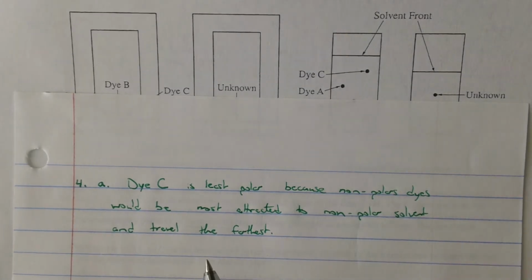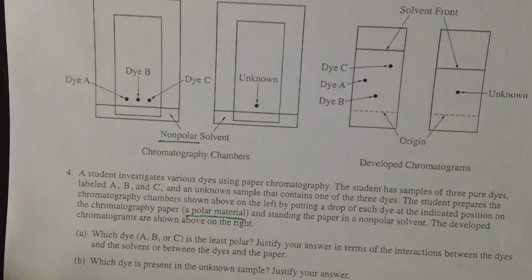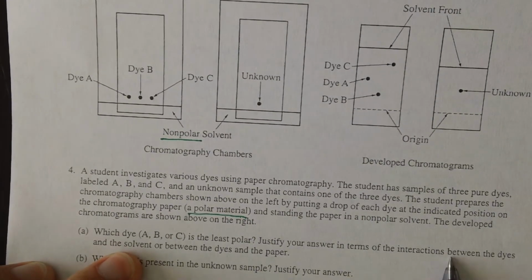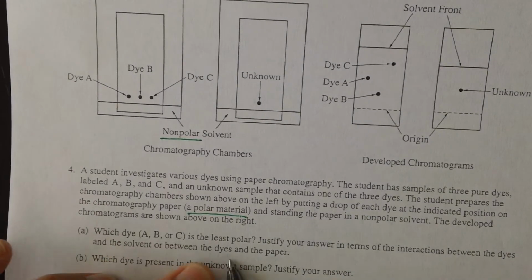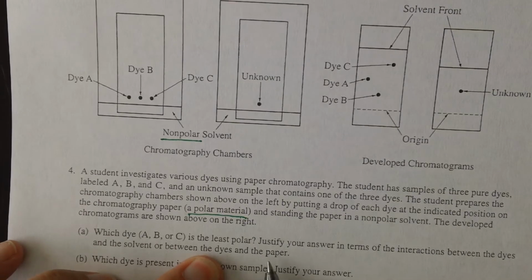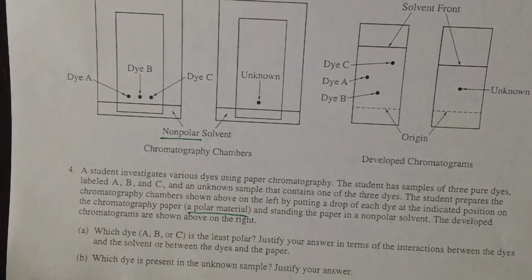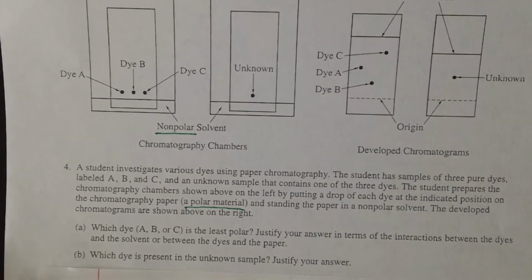Or you could put dye C because nonpolar dyes are least strongly attracted to the polar chromatography paper. So it gave you an either or option here between the dyes and the solvent, or the dyes and the paper. So you could say dye C because it's nonpolar like the solvent, or dye C because dye C is nonpolar and the paper is polar, and so it travels the farthest because it's not attracted to the paper. Good. And then it says in B,